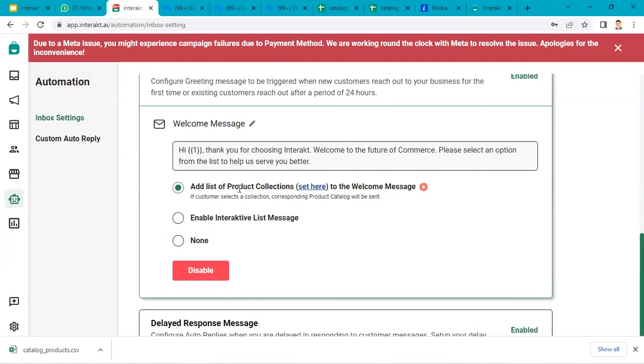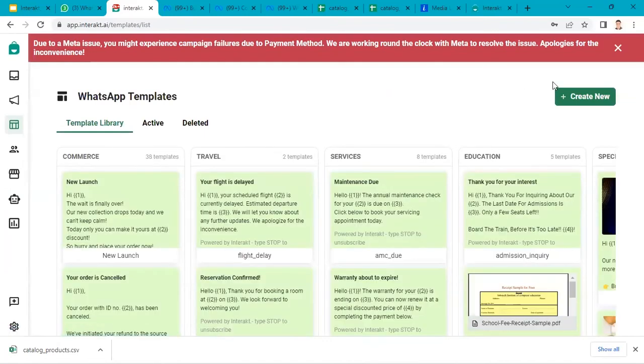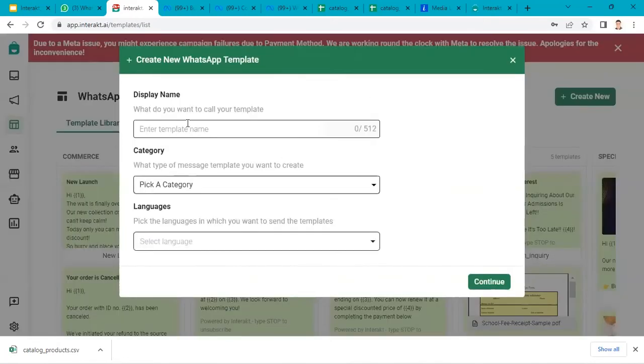Now, let's say, suppose if you want to promote this catalog using a campaign, right? You want to send it to an audience, broadcast it, right? So what you need to do, first you need to create a template. So I'll just show you quickly how to create that particular template. So let's say catalog promotion,